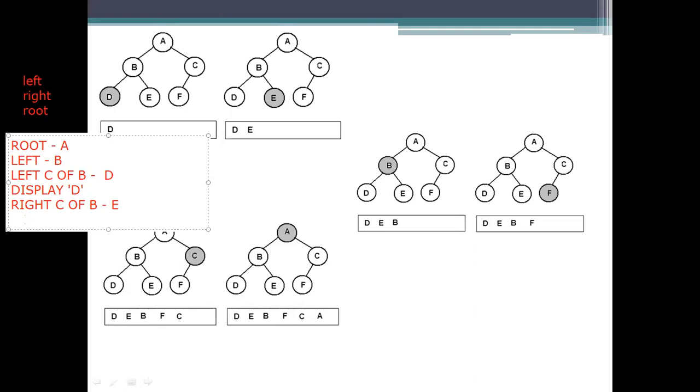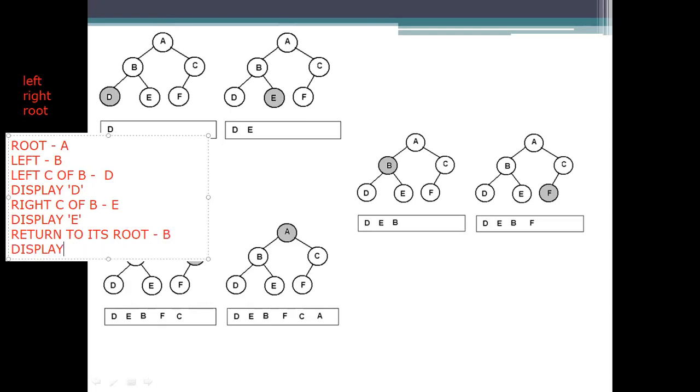See whether any element is there or not. No element is there, simply display E and return to its root, which is B. And we need to display the B here.